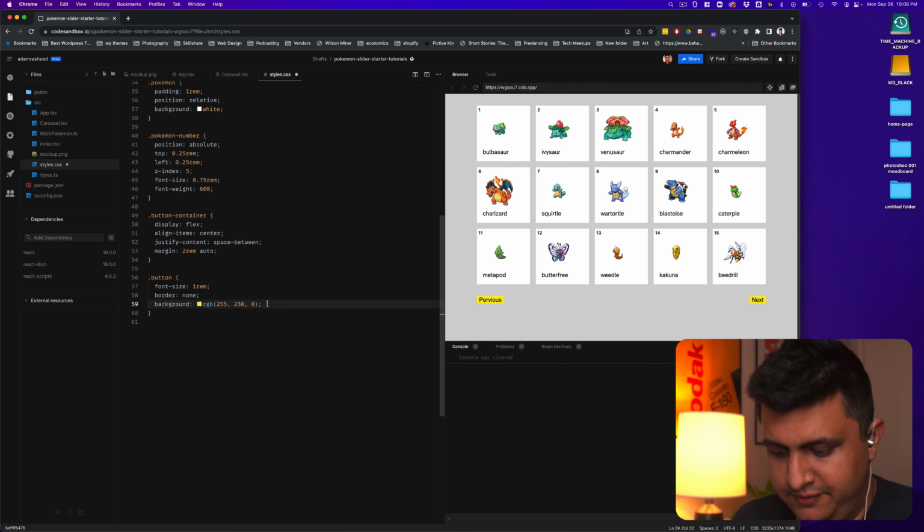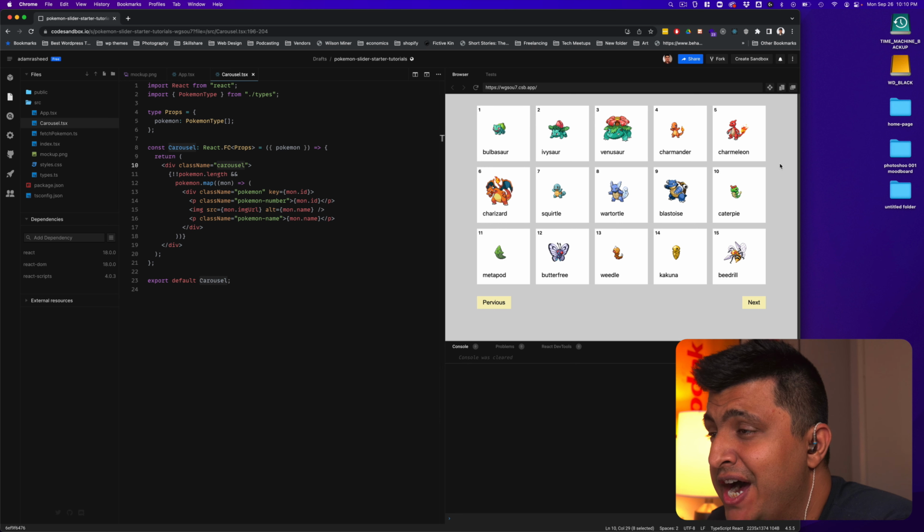That works. Yeah, that works. Cool. So now what we want to do is make sure that we're only showing 5 cards